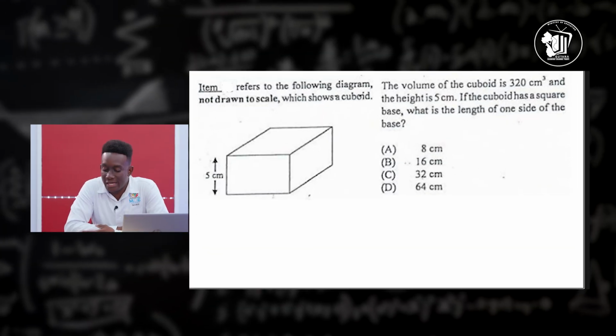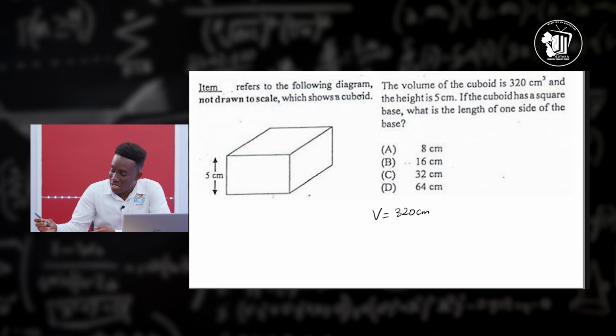So the question says, the item refers to the following diagram, not drawn to scale, which shows a cuboid. The volume of the cuboid is 320 cm cubed and the height is 5 cm. If the cuboid has a square base, what is the length of one side of the base? So they told us that the volume is equal to 320 cm cubed. And we know the formula to find the volume of a cuboid is volume equals length times width times height. But in this case, it told us that it's a square base. So it will be length times